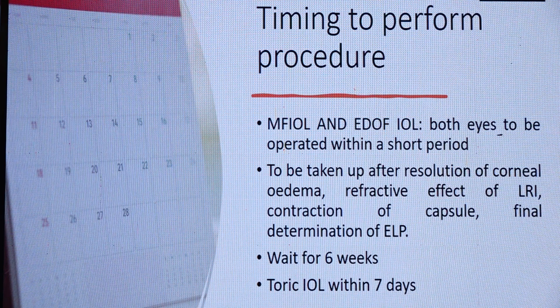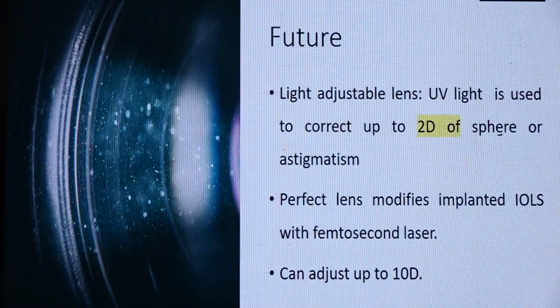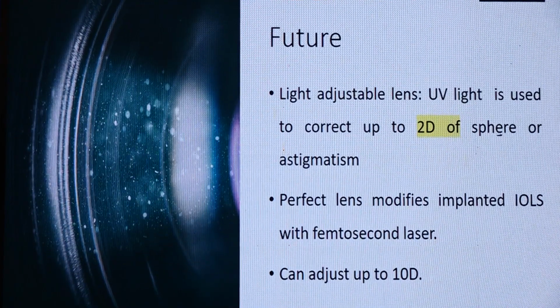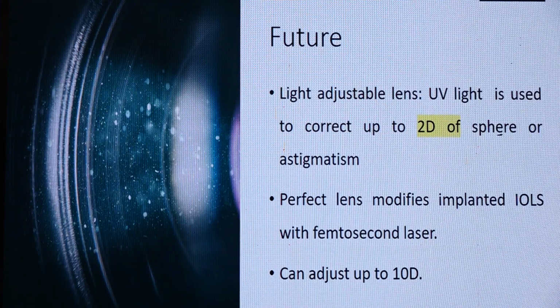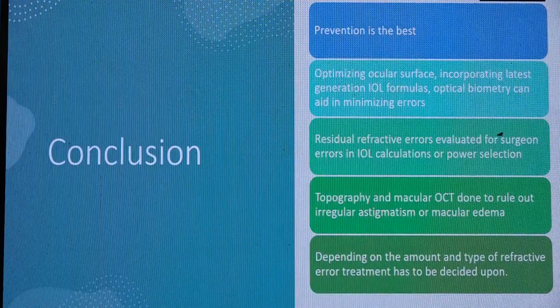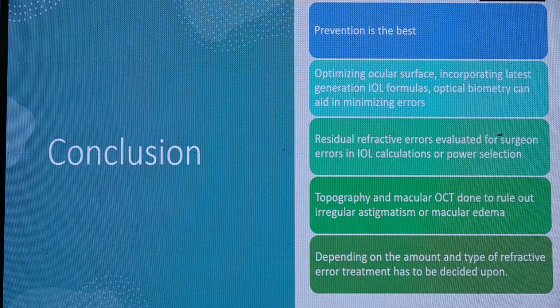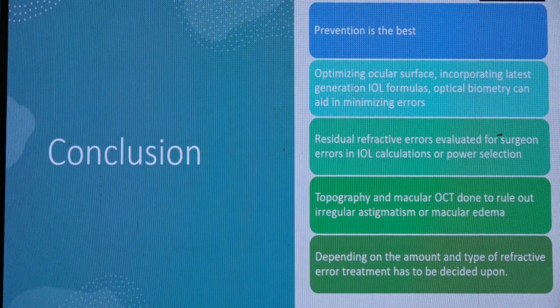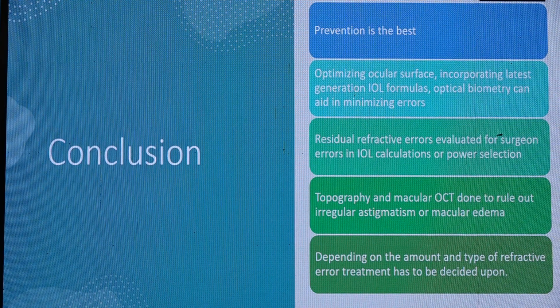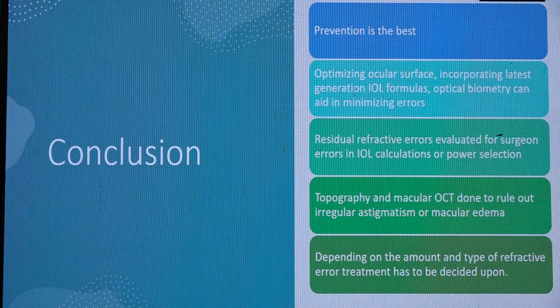Otherwise, IOL exchange can be planned within 4 months. In future, we have light adjustable lenses, with which, with the help of UV light, we can adjust up to 2 diopters of spherical error, and even the perfect lens, which would be coming up in future, will be able to address the error of the IOL up to 10 diopters with femtosecond laser. So to conclude, we need to optimize the ocular surface, integrate the latest generation formulas, and use optical biometry, which is the gold standard. And residual refractive errors should be evaluated clinically and thoroughly, and never